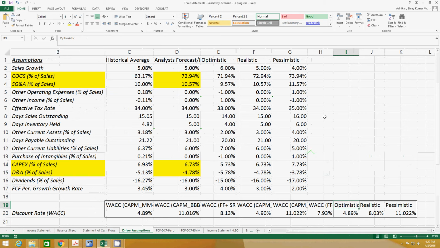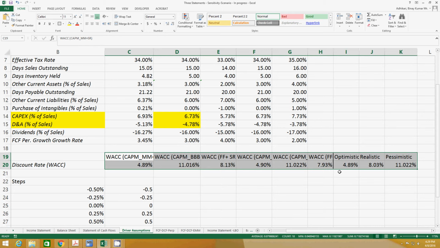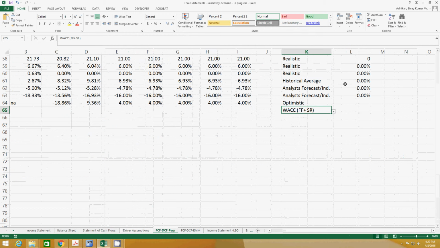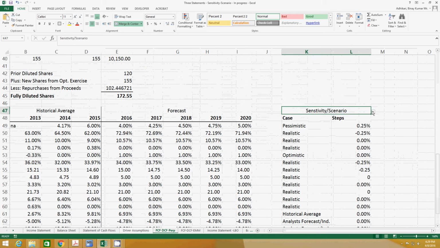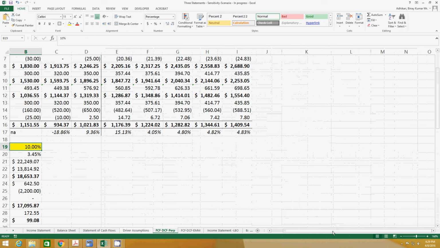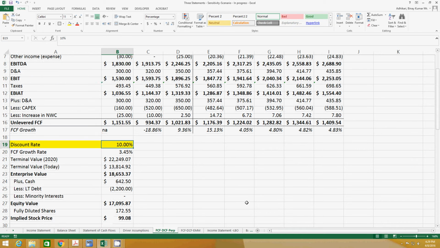since our scenario is the optimistic scenario, pick this one. If our scenario is the realistic scenario, pick this one. If it is pessimistic, pick this one. And then if we want to look at the whole sensitivity scenario, it depends on what these values are. What I mean is, if I do best case scenario, I want the weighted average cost of capital, this one, to be the optimistic one. Okay, if I do pessimistic here,